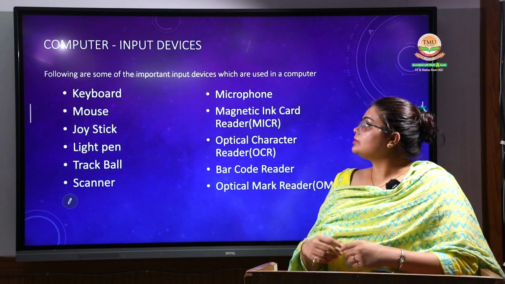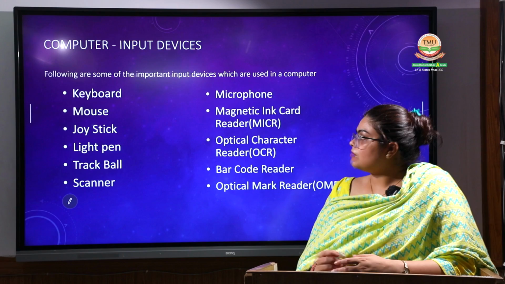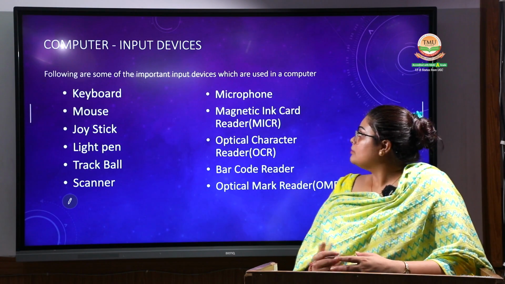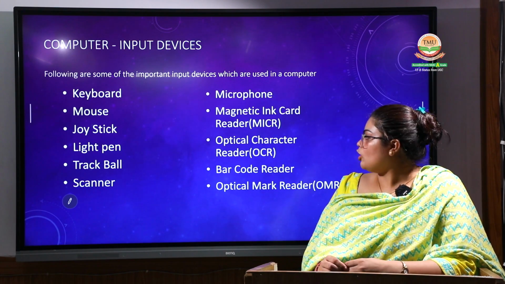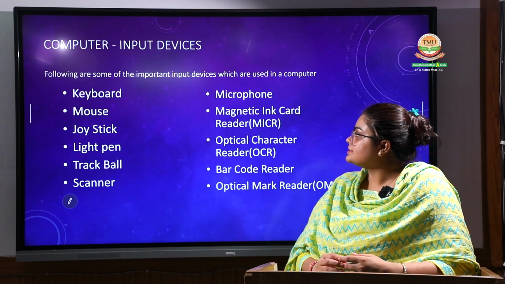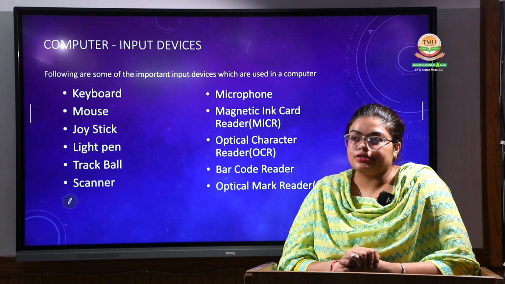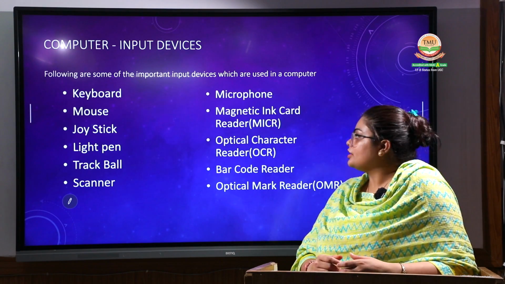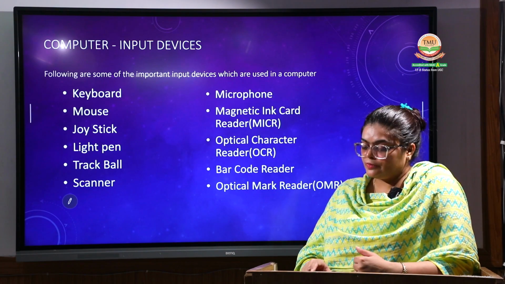Now we are going to discuss some of the computer input devices. The common input devices are keyboard, mouse, joystick, light pen, trackball, scanner, microphone, magnetic ink card reader, optical character reader, barcode reader, and optical mark reader. All these are considered our input devices, and through these input devices our input is entered. By these devices we can enter the data in the form of raw data. So first we are going to elaborate these terms. First,